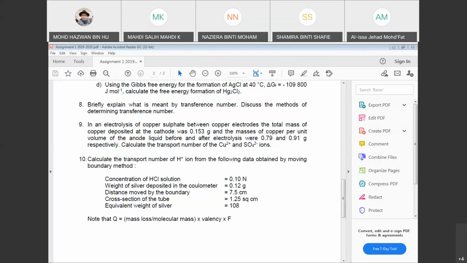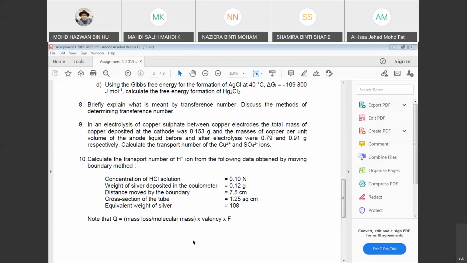Okay. All right. So the reason is because in this case, it means that you have the concentration over here, which is HCl. So that is why later on you will divide 0.1 by 1000. So over there, later on you will have